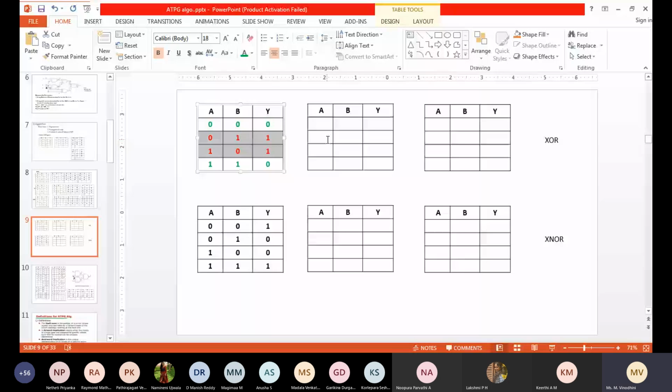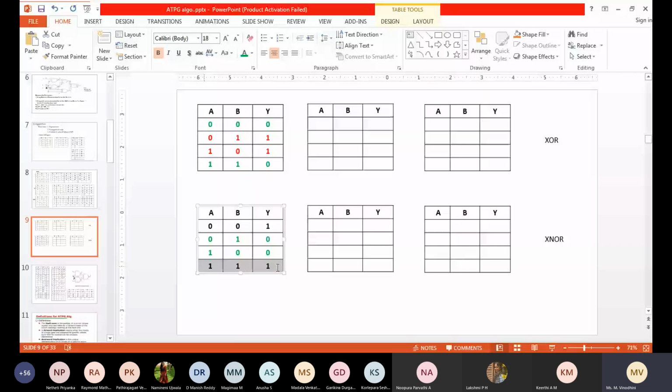Similarly, if I take these 2 green ones, A is also changing, B is also changing. So I cannot make an entry in a singular cover. That's why I told you singular cover is not possible for the XOR gate,